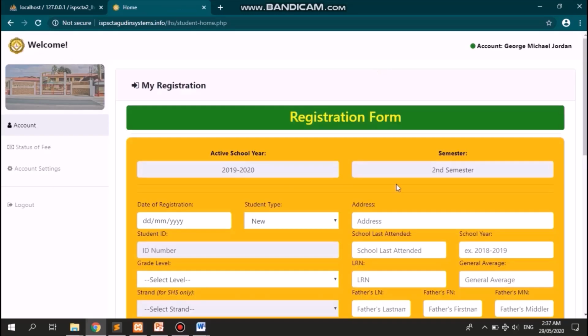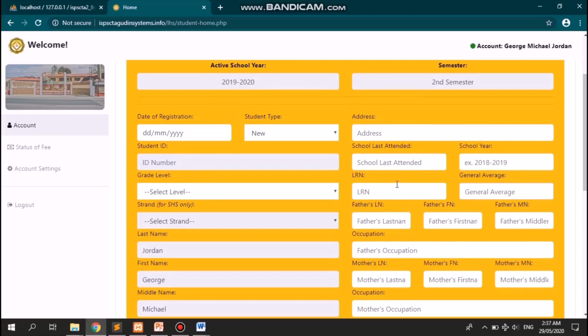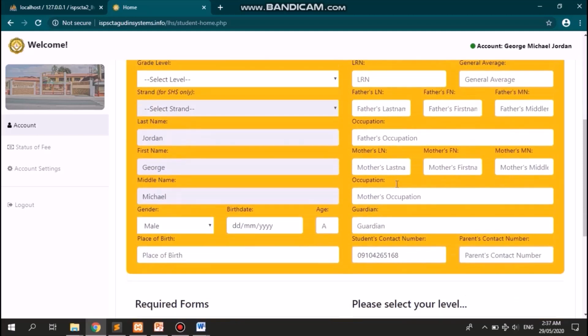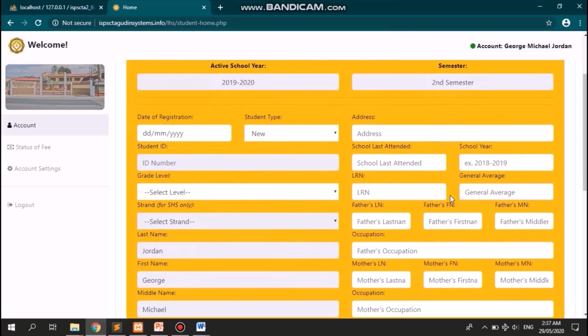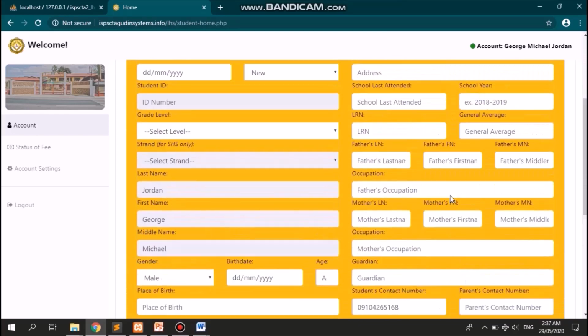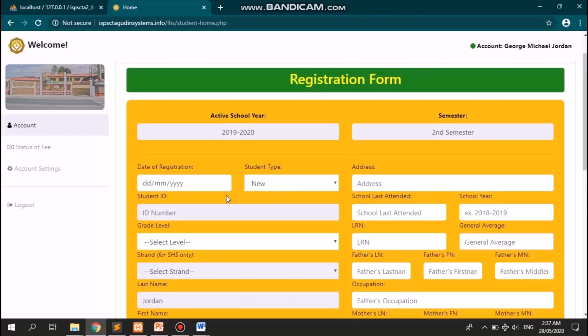After pre-registration, the user will receive a registration form for completing the registration process. The user must provide his or her valid information in order to be validated by the administrator. Like, for example,